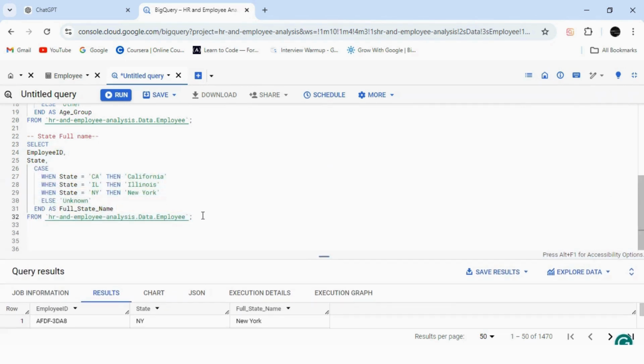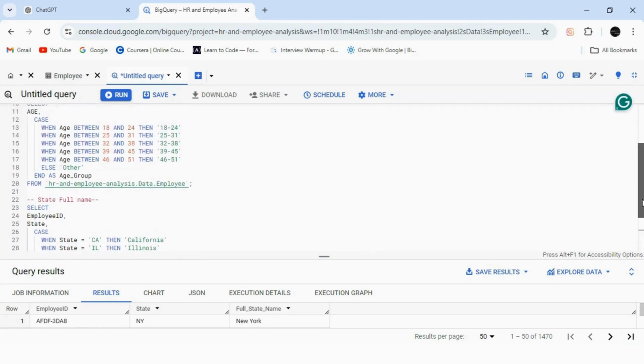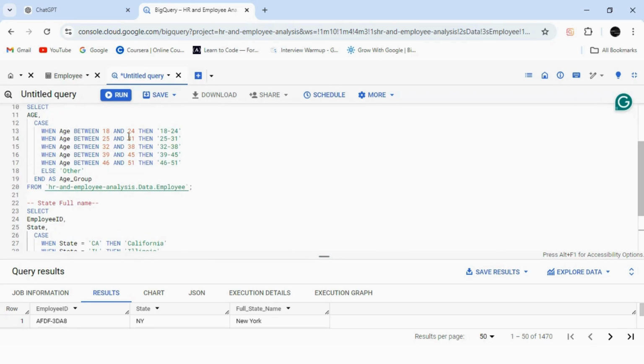Now in case you do not understand this case statement, you can see here that in our age, when we write the case statement, we use when our age is between 18 and 24, then it gives us the 18 to 24 group, and when our